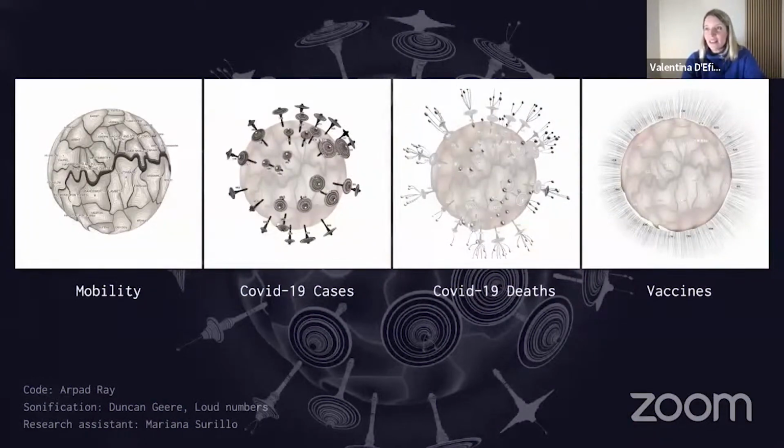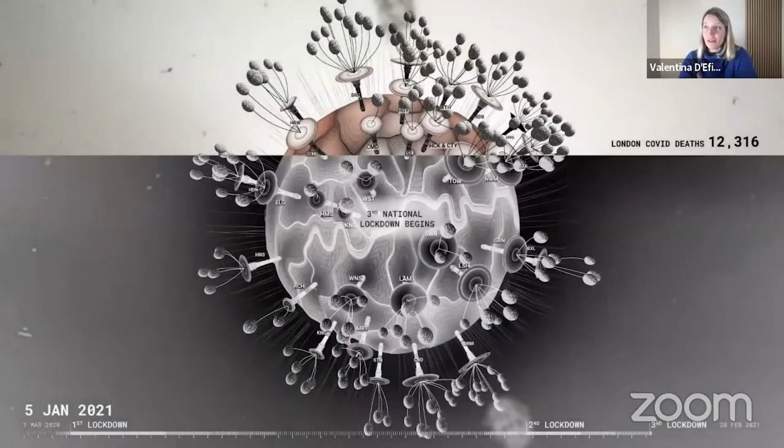We've got the mobility on the membrane, we've got the COVID cases on the spikes, and the deaths. There are these particles appearing every day, and the vaccines. All this data has then been coded to be represented every day, so everything changed, and every day has been visualized as 1 second of this data documentary. Not only that, once it was presented and visualized, we overlaid editorial information to provide even more context,